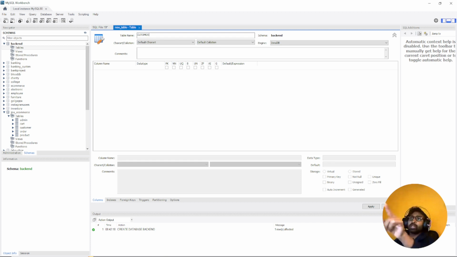Probably it's not so visible because the icons here are very small. I don't know how I can increase this, but we have a feature in YouTube or in the video. You can just zoom in and you can see that. All right, so customer,